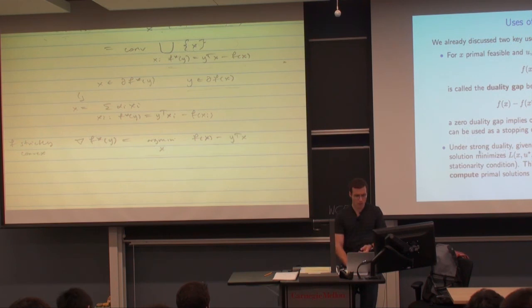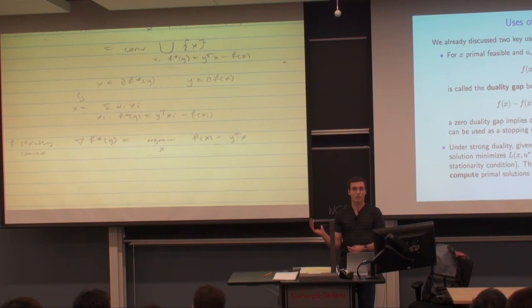This other important thing we talked about, and this is what we'll see some examples of shortly, is that under strong duality, so when there's a zero duality gap, if you have a dual optimal U star and V star, then you can just read off the stationarity condition for the KKT conditions, which we know must hold because of strong duality. And it tells us that x star, any primal solution, has to minimize the Lagrangian over x, over